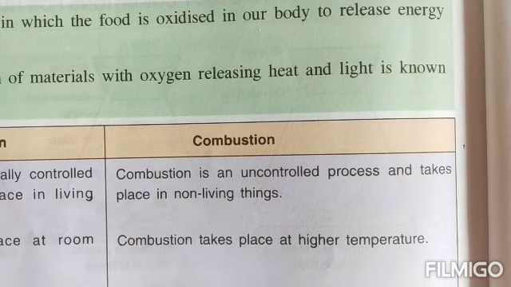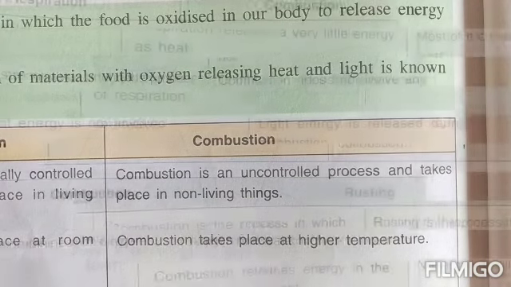In order to burn anything, children, it is required that it is first raised to its ignition temperature. Ignition temperature is that temperature at which something will start burning. If we do not reach that temperature, things will not catch fire. Maybe during winter time you have seen it in your homes or in parties, when the coal is made to burn, it doesn't catch fire very easily. It takes some time. In the same way, wood takes time to catch fire, because first the temperature has to reach the ignition temperature and then only they start burning.